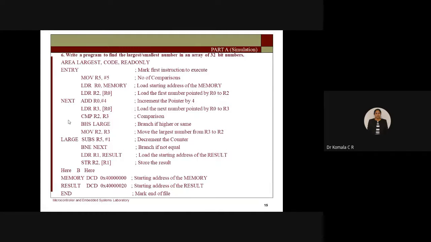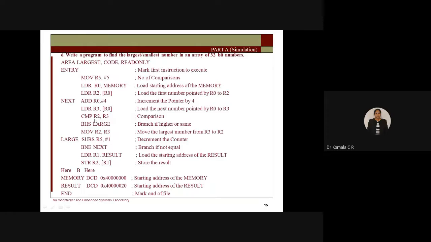If the result is negative, R2 is lesser than R3. If the result is positive, R2 is greater than R3. So based on that, it comes to the conclusion which is greater. While comparing, it subtracts, but it will not alter the contents of R2 and R3. That is how the instruction is executed.